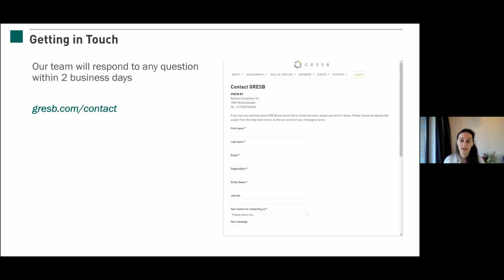We always ask people, if they have questions on the assessments, to use this form rather than trying calling us or emailing us directly, because it may be that your question is something that a specific person has a lot of expertise on, and this way we can make sure it goes straight to that person. Whereas if you email me and I'm on holiday, it might take a while before I get back to you. That's not really ideal if you just want to get something sorted out, right? So please use the contact form so the best placed person responds to you. And also, if you have any feedback or any questions on other things, you can always contact our help desk and we'll try to get back to you as soon as we can.